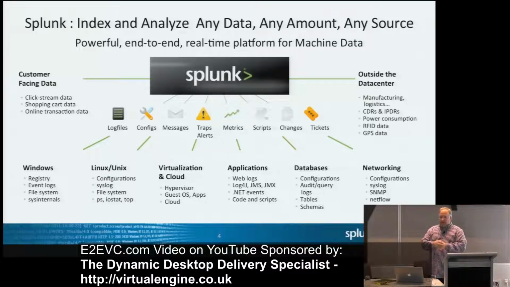The data comes in. If it's a syslog message, the syslog message will go into the index. If it's a file that we're tailing, that part of the file will just go into the index. If it's a script that you ran, whatever you ran will be put into the index, just like it was done. So you never lose context. You never lose those data points. It's always there.